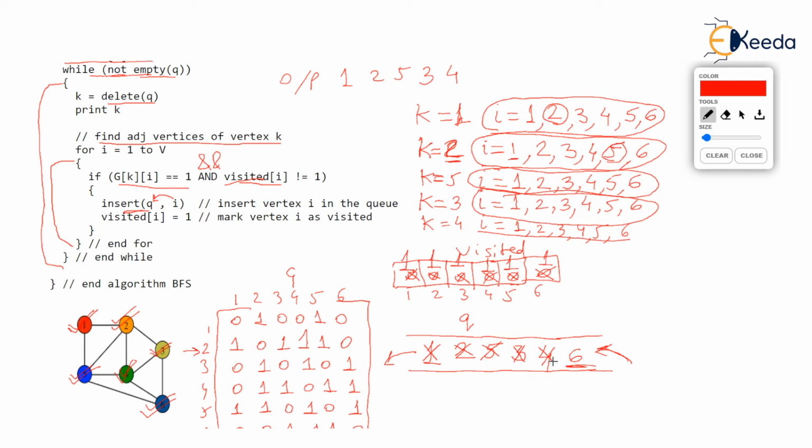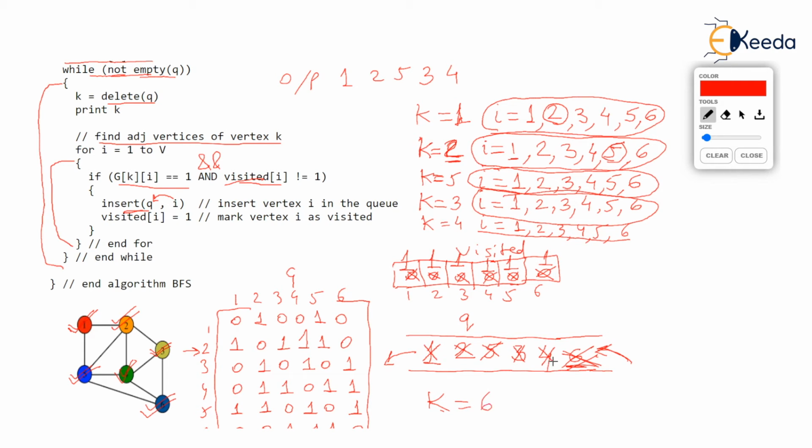When the while goes in again, 6 is deleted from the queue. Now you see how the queue is becoming diminished. Queue is becoming empty. Rather, it has become empty. So we delete 6 and we give it to k. There is no room up there. So I am writing now k is 6 here.